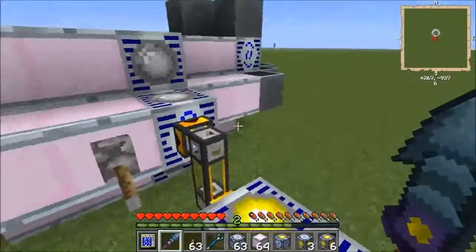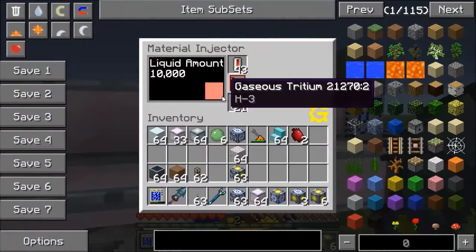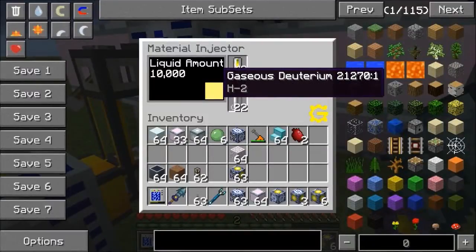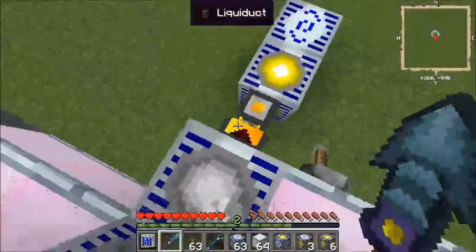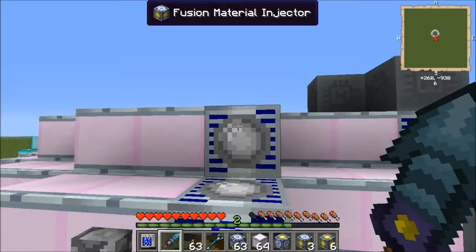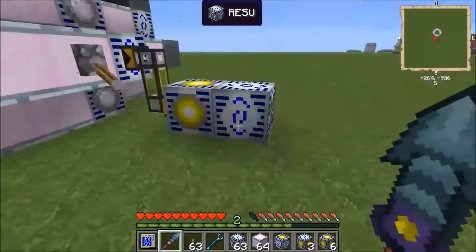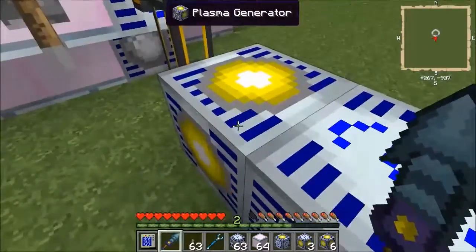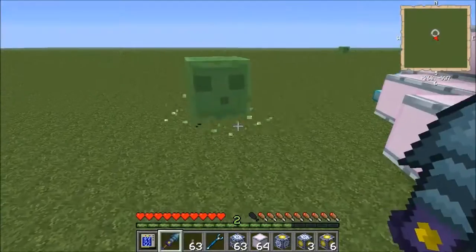But to get one of these running full time, you'd need so much tritium and deuterium production that, if you understand how to get that much production of your raw materials, you'll definitely have the infrastructure to make all the generators to actually max all that out. That said, this doesn't seem to...